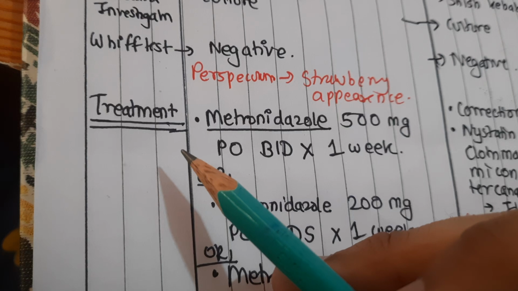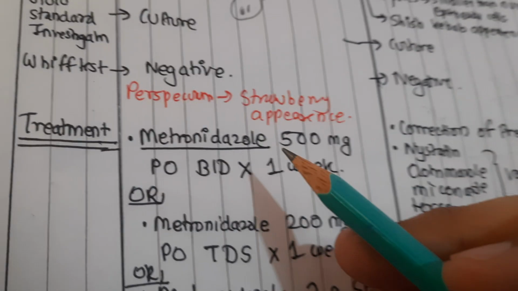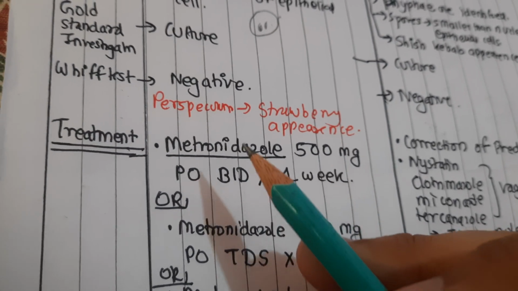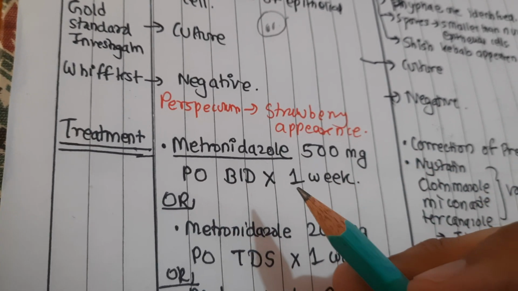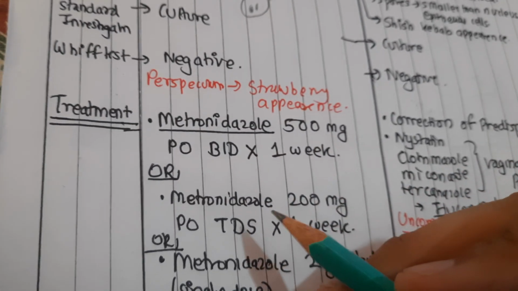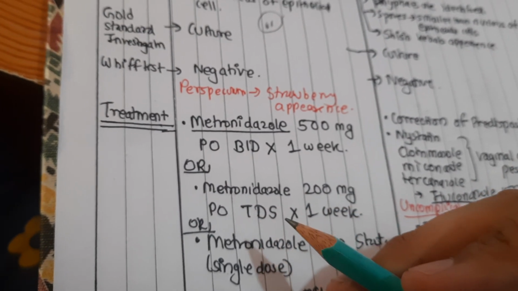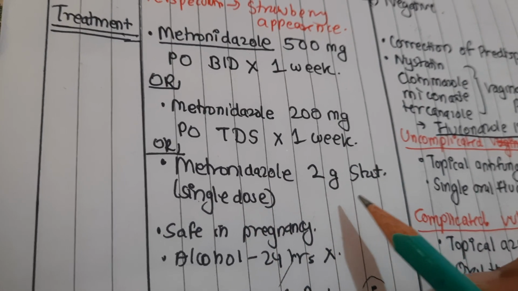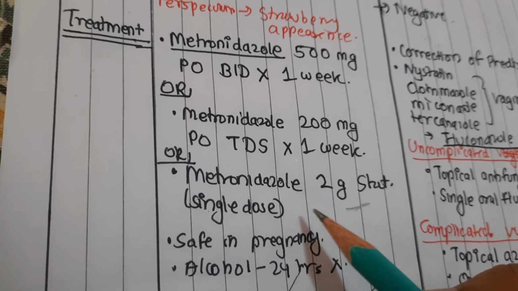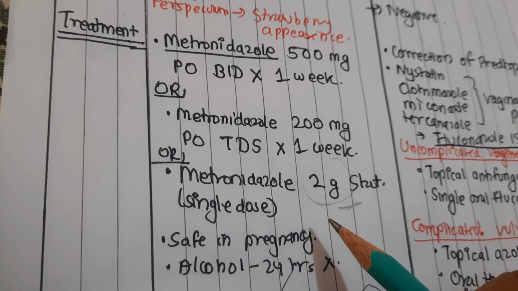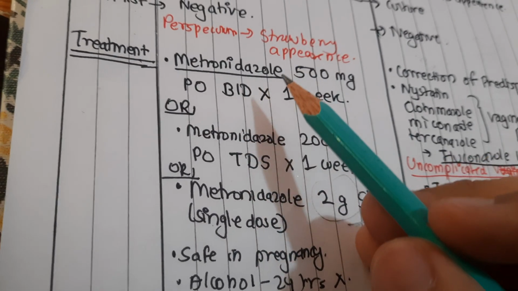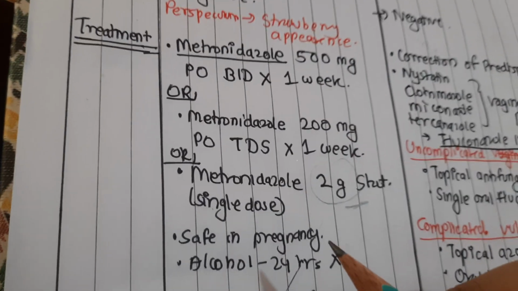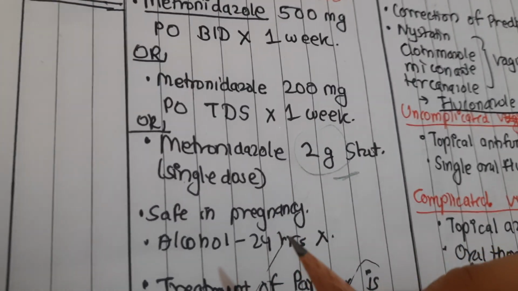The treatment is metronidazole 500 mg orally, twice a day for 1 week. Or we can use metronidazole 200 mg three times daily for 1 week. Or we can give metronidazole 2 gram stat as a single dose. It may be given either this or 500 mg twice daily for 1 week. And metronidazole is absolutely safe in pregnancy. We can give it to the pregnant woman, and it is usually recommended